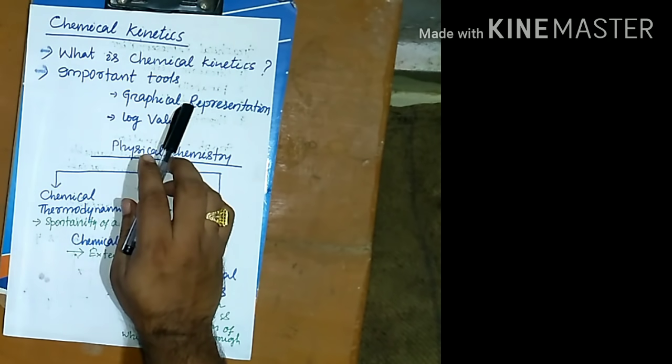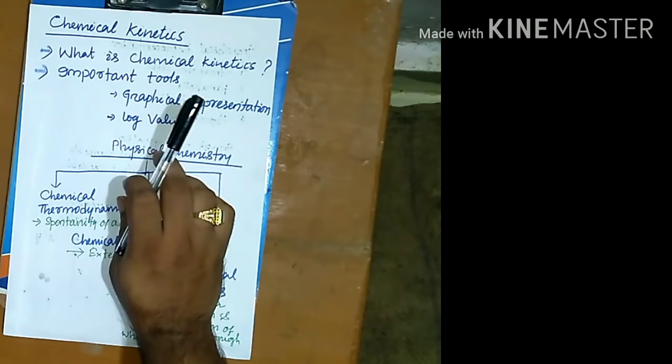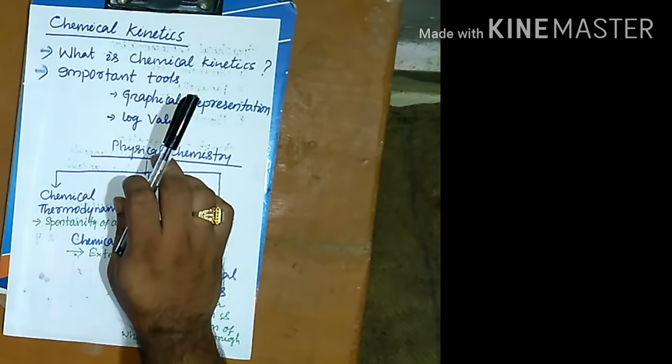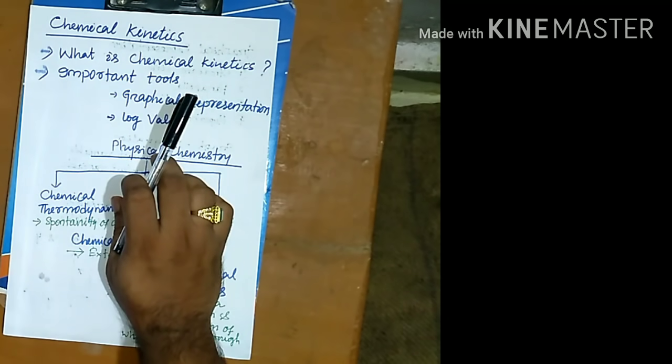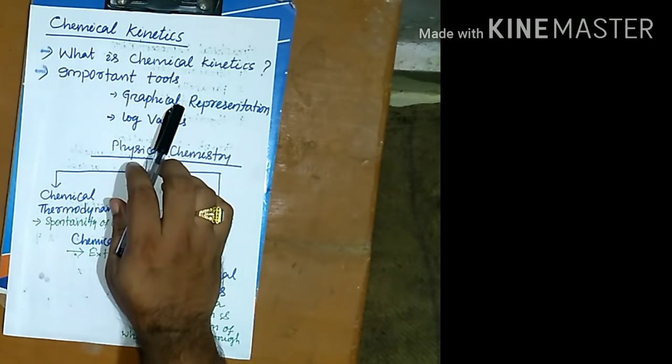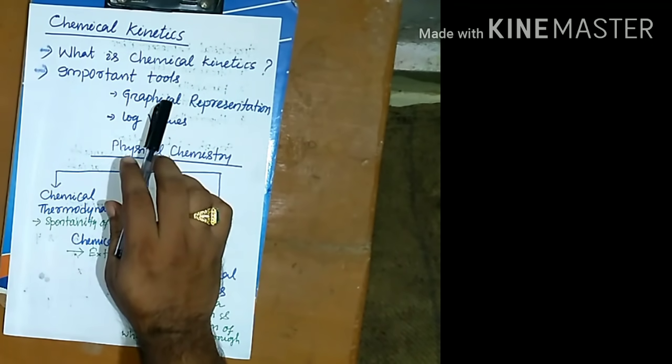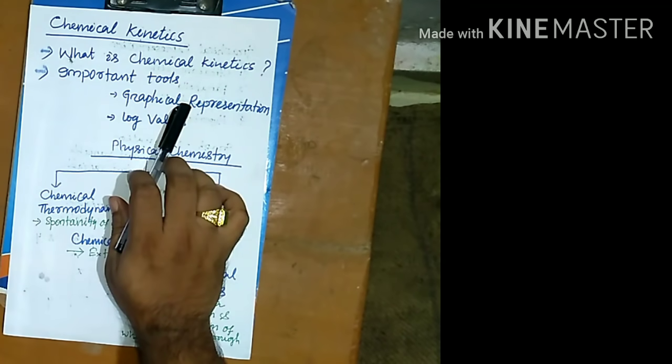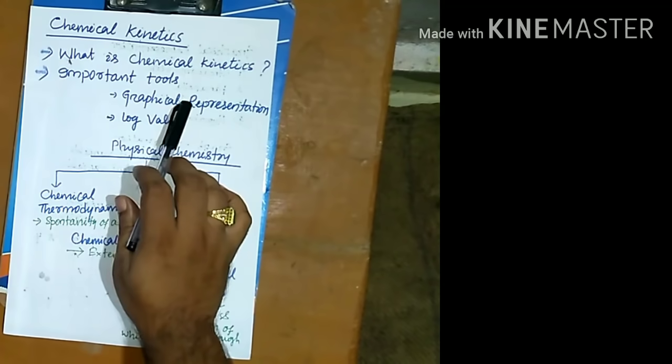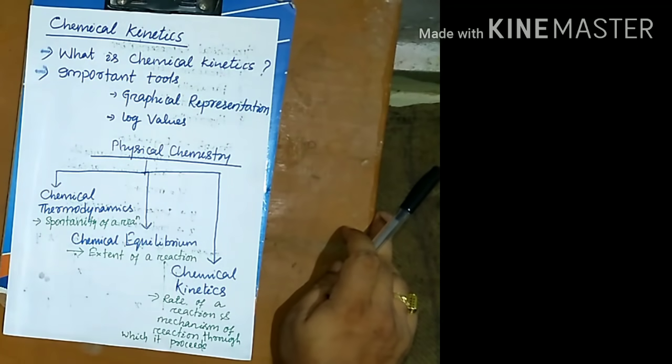how different graphs are there in chemical kinetics, and actually these graphs cover almost all the graphs that will be used in chemistry, that may be in thermodynamics or in equilibrium or in kinetics. This concept will help you solving some problems in future. Remember, graphical representation, it is not that you will expect in the exam or in the board exam what is graphical representation. No, it will help you to solve problems in your competitive exams.